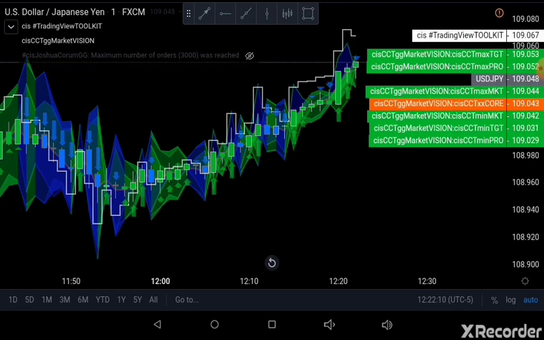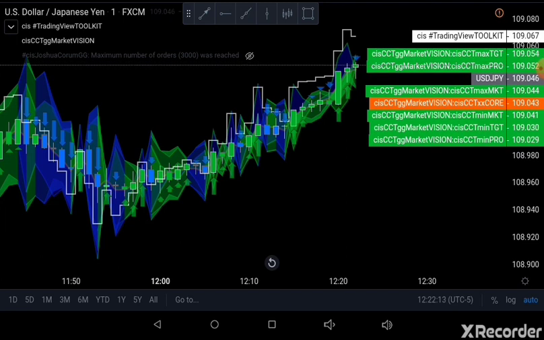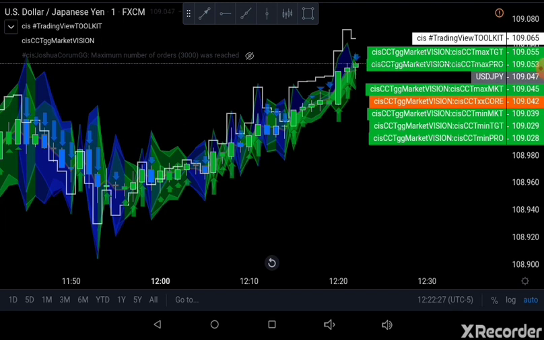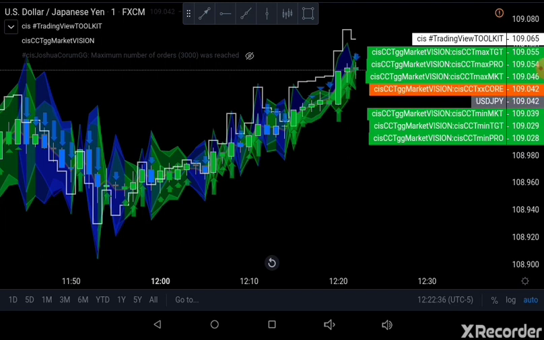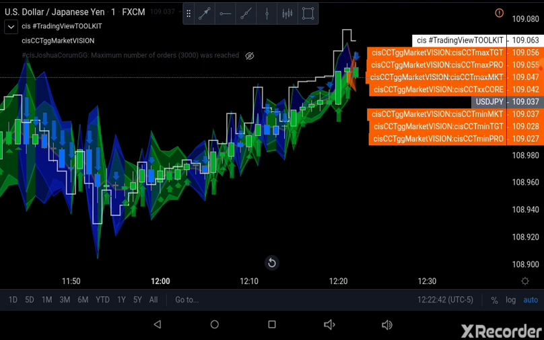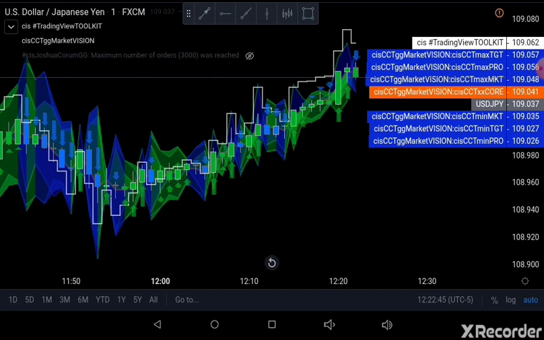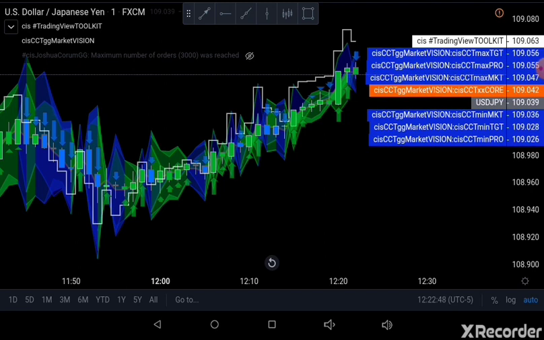Anytime inversion comes into the market, what inversion signals is compression in the market, where from this expansion in price, you're about to see a compression and then a potential reversal or a continuation of expansion. And a lot of times, the market's looking for sort of a comeback or a pullback when inversion is in the marketplace to regain market value and realign the maximum minimum levels. So if the minimum levels, where it says minimum market, minimum target, minimum pro, if those move to the top and the maximum levels move to below the core,